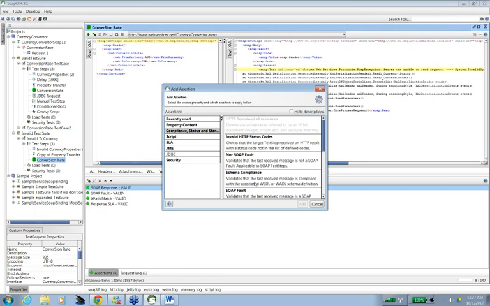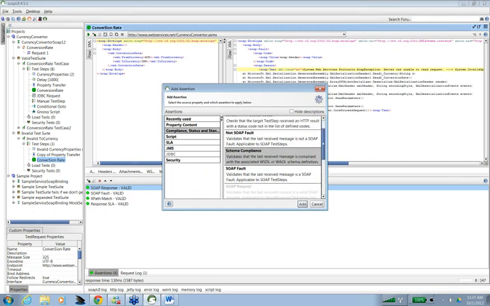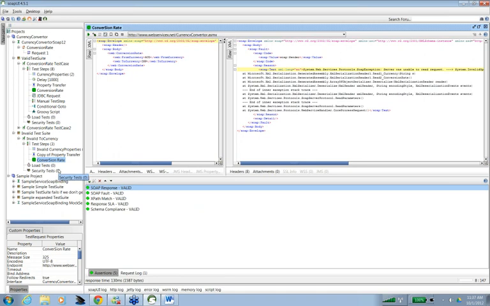Okay, and schema compliance also. It validates according to the schema. This is one of the interview questions: how would you validate that the response and the request are according to the WSDL? You can do schema compliance also. It asks you for the WSDL against which it needs to validate. You can use the endpoint where the WSDL is being created. So these are the different types of assertions we can do.